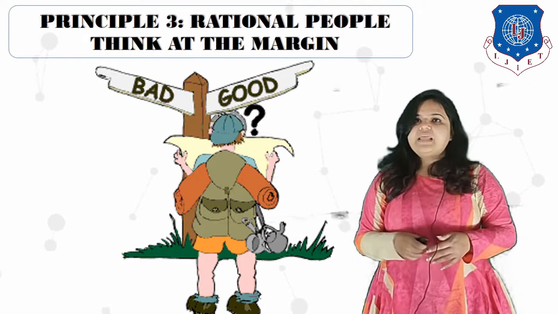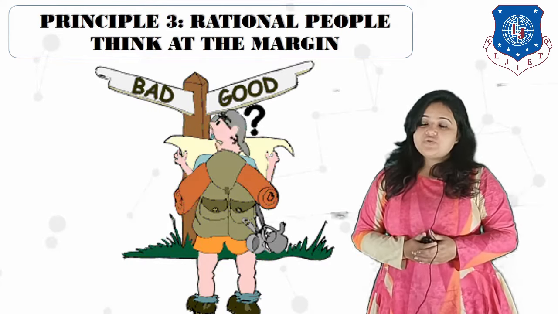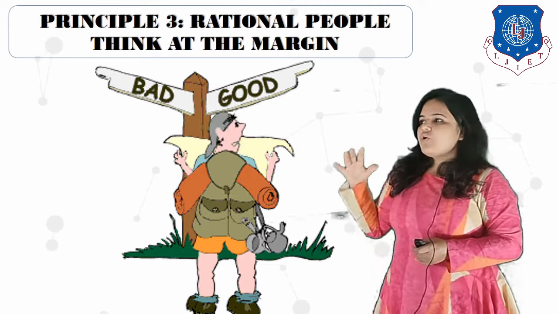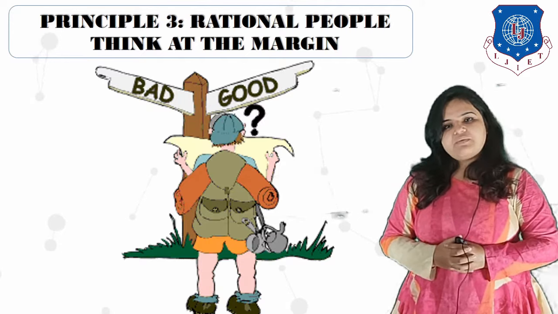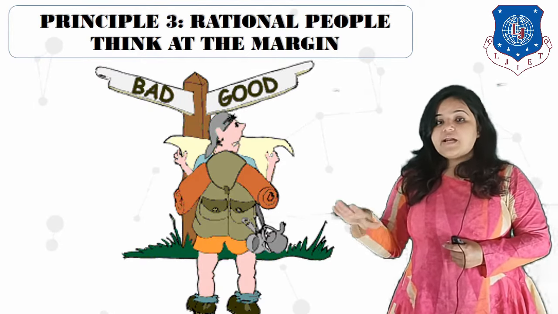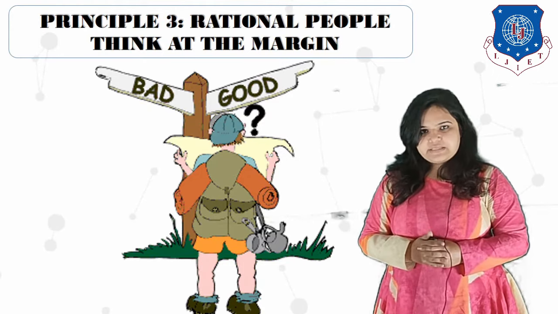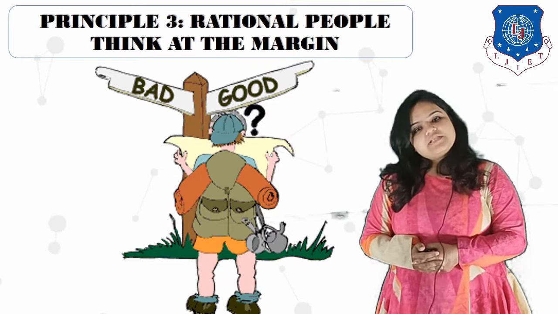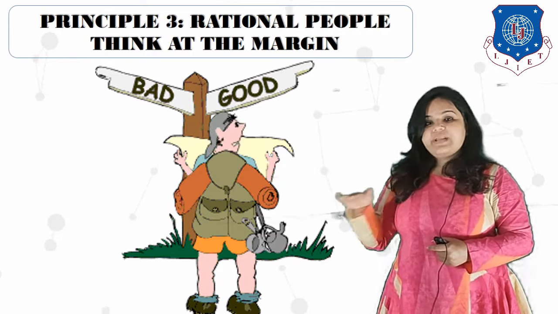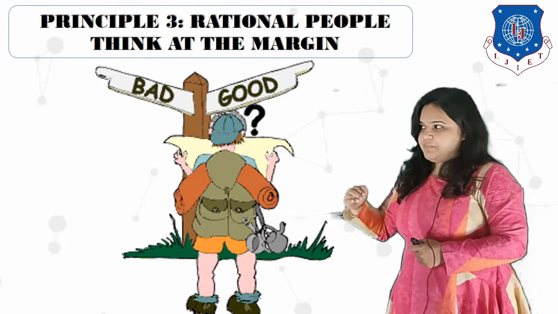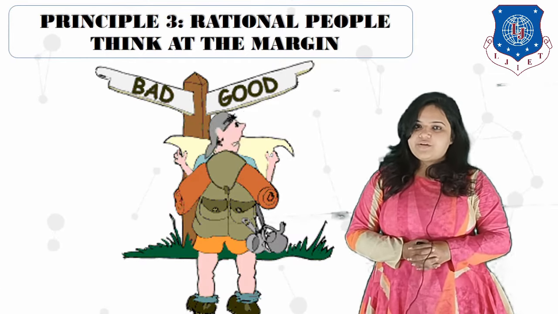Let us say that there is an airline containing 200 passenger seats. The cost of taking the airline from source to destination is, say for example, 1 lakh rupees. Because there are 200 seats and the cost of the flight is 1 lakh rupees, it is obvious that each seat should be charged at least 500 rupees to break even, and the ticket must cost more for making profits. I hope this much is clear to you.